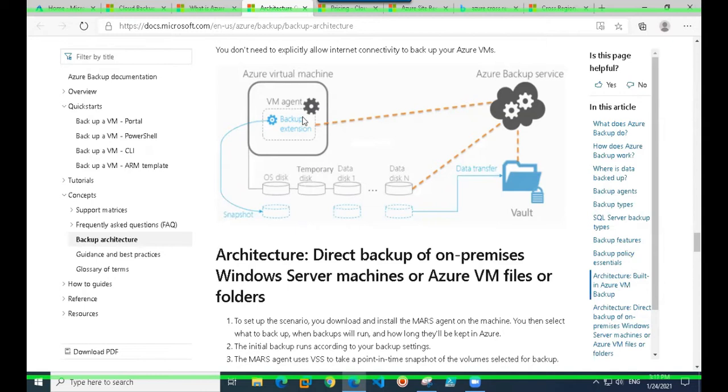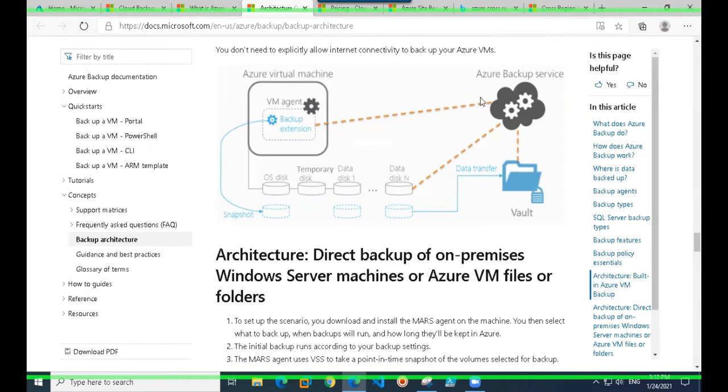In that case, a Linux backup extension or Windows backup extension would be enabled on that machine. If it's an on-prem machine, then you would be required to install the MARS agent. However, here we are talking from the perspective of cloud.